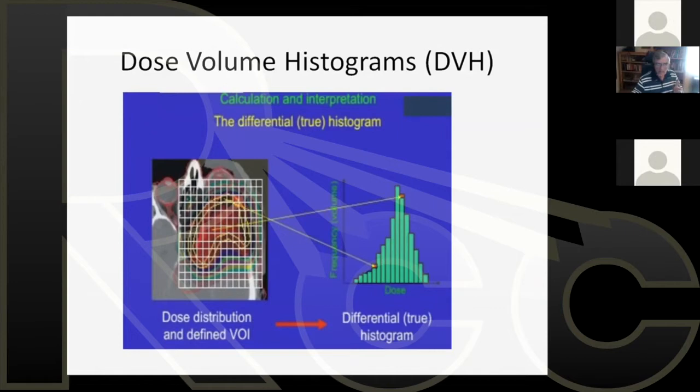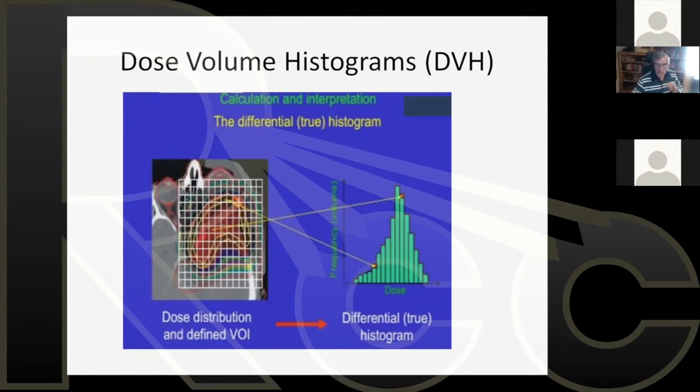On the left, you see a head and neck cancer. You see the eyes, the optic nerves, you see the nasal septum, and you see a tumor right below the left eye. It's outlined in red and in yellow. Now, that is a dose distribution also that is superimposed on that tumor, and the computer